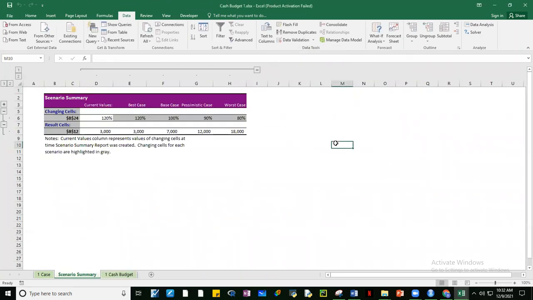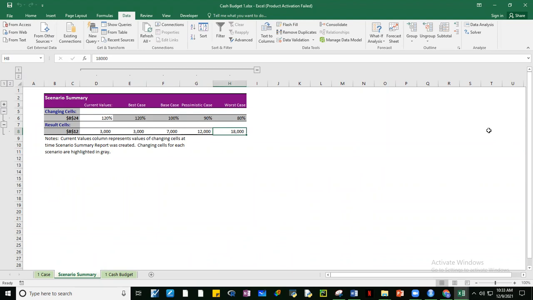So this is our result, guys. So what does this tell us? Current values, that's the best case scenario na 120%. Base case is 100%, pessimistic case is 90%, worst case is 80%.